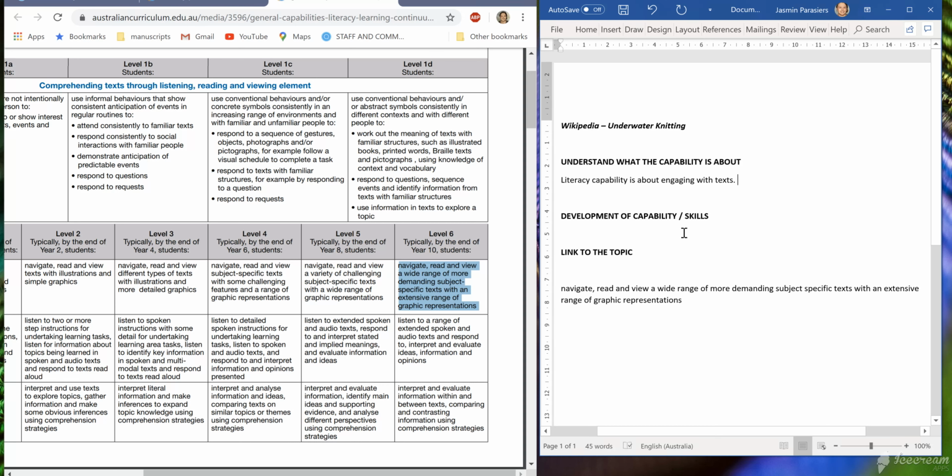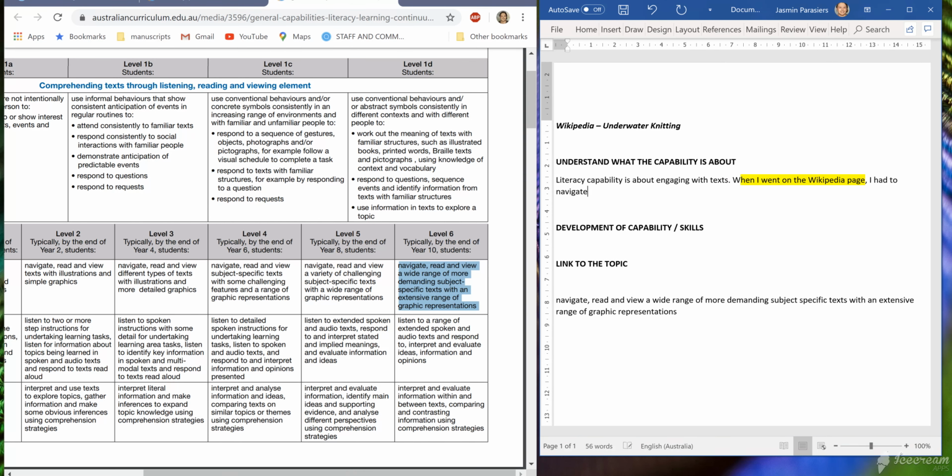Well, when I went on the Wikipedia page, see how that's like a bit of recount language, like what I did. I then want to link it in to this stuff down here. I had to navigate between different pages about